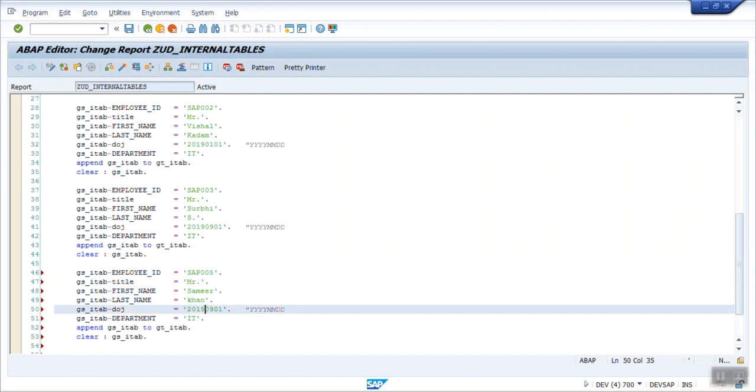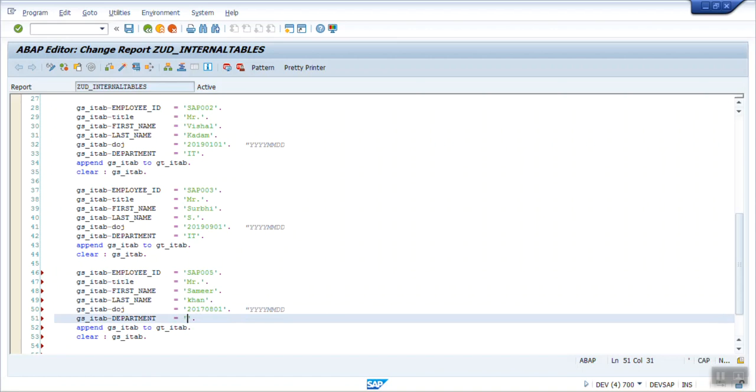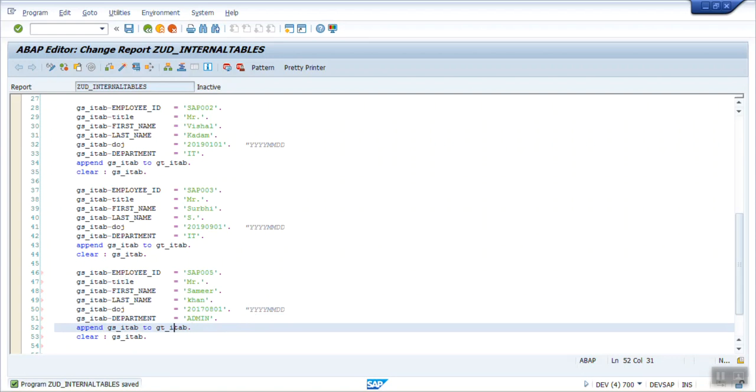It's a Samir Khan. He has joined in 2017. 8, you can give any, and the department is, let's say, admin. Now here instead of append I will use insert. Insert work area into the itab. Here instead of to we have to use into.